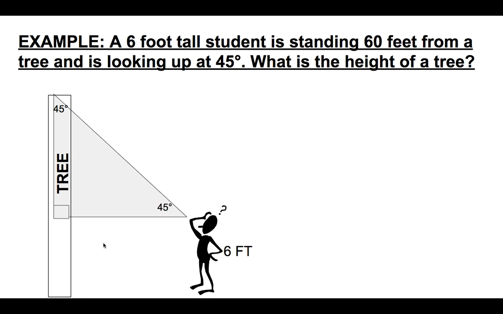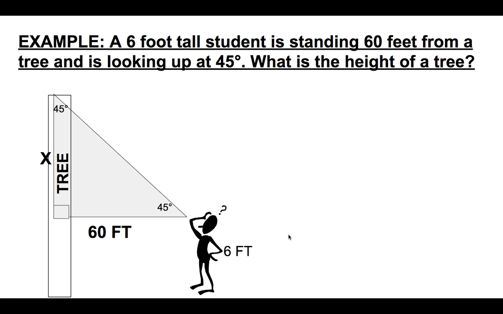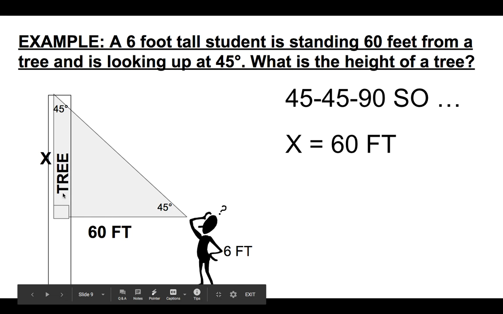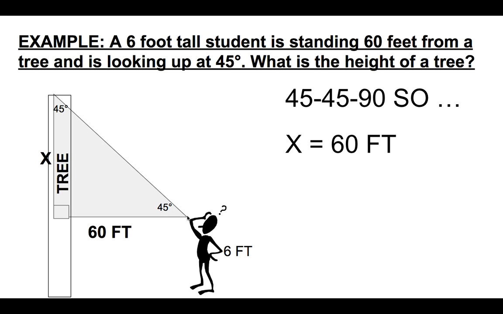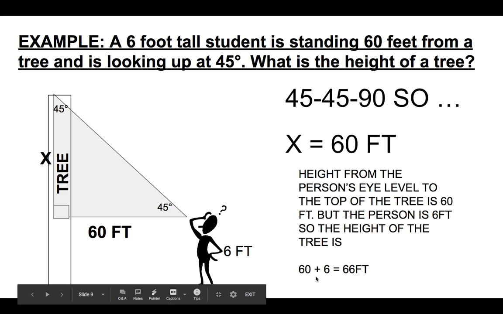And I want to know the length of the entire tree. If I know I'm standing 60 feet away, that means based off of this triangle, my height from the bottom of the triangle to the top has to be 60 feet. But remember, I want to know the height of the tree. I still need to also think about the fact that the tree doesn't just go from here to here, it touches the ground. So if I know from here to here is 60 feet, I have to also think about the fact that from here to the ground is 6 feet. So I'm going to go ahead and add 60 plus 6, and it gives